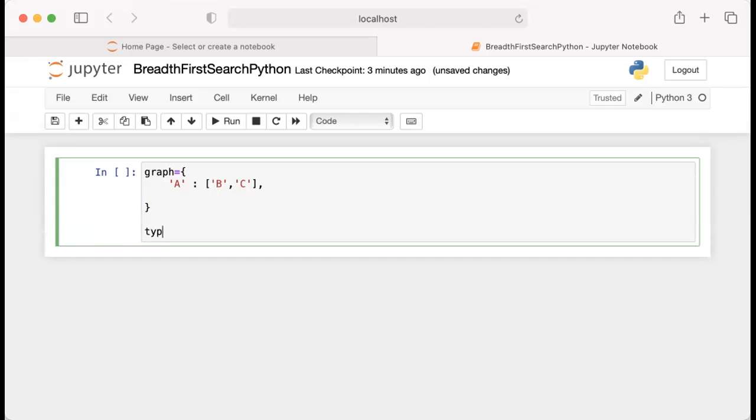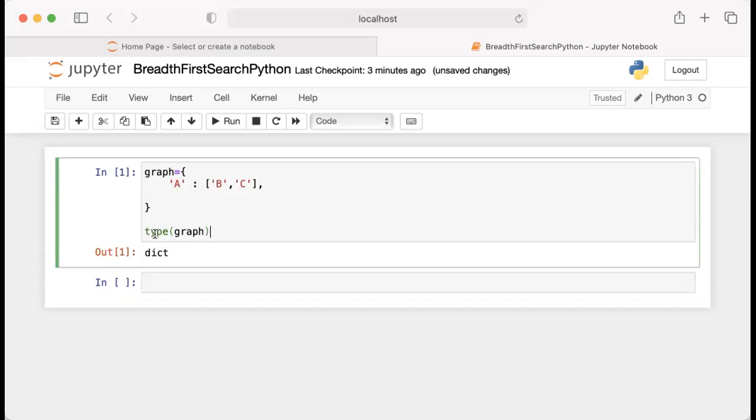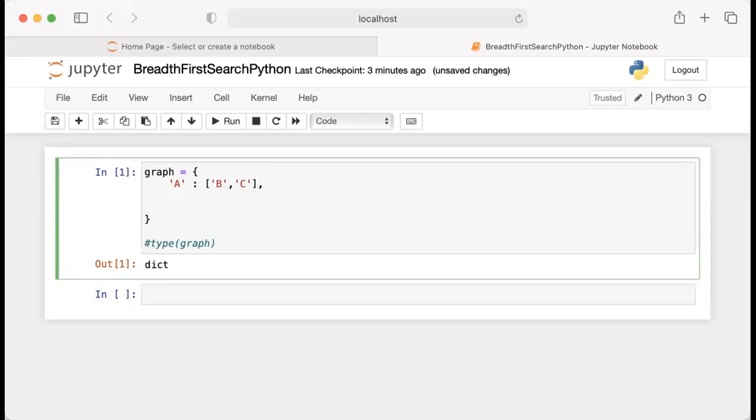Also, to show you that this is a dictionary type, I can type the type keyword and put the name of this variable, and this variable has a dictionary type. So moving on, I want A to have two branches, B and C. For B, I want something more expansive, so I'll